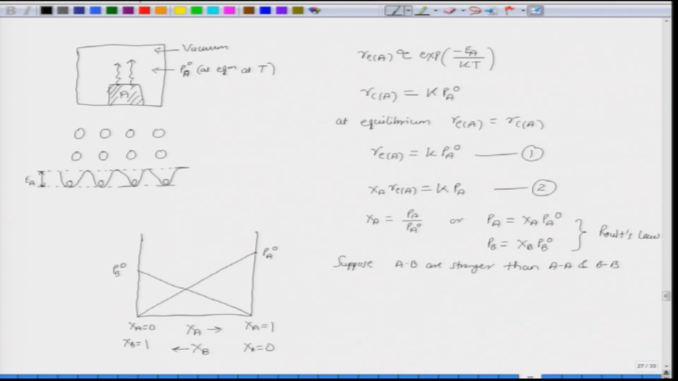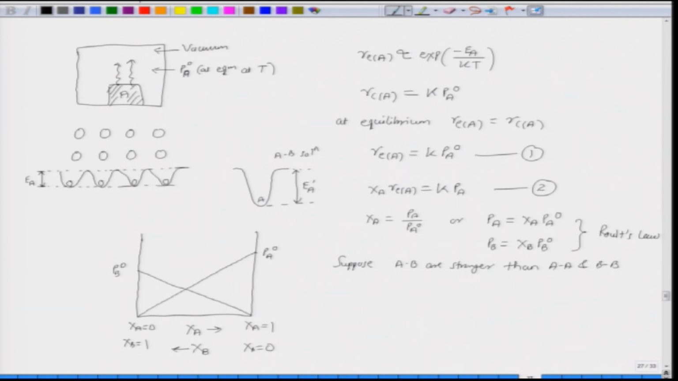Obviously, there will be some AB bonds, which are stronger than AA bonds, and so the A atom which is surrounded by B atoms will lie at a deeper potential energy well. So, basically if we compare with this, in the AB solution the potential energy well for A will be deeper. So, let us call this EA prime,